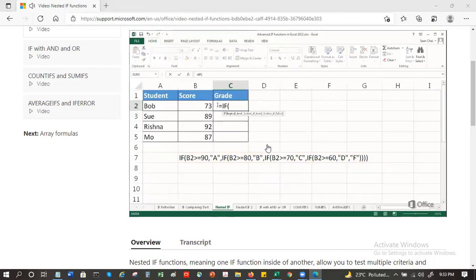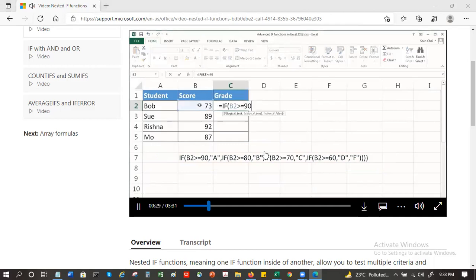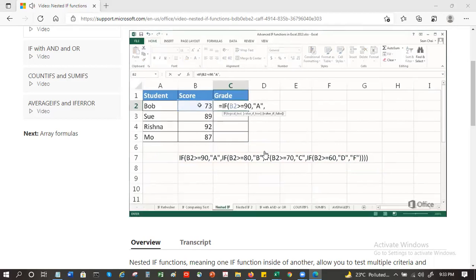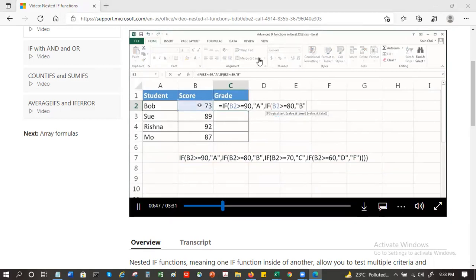Is greater than or equal to 90, return A. We nest an IF function by setting value if false to IF B2 greater than or equal to 80, return B. We use additional nested IF functions to test for C, D, and F grades.